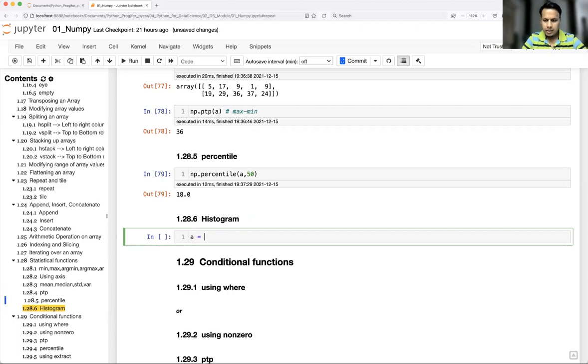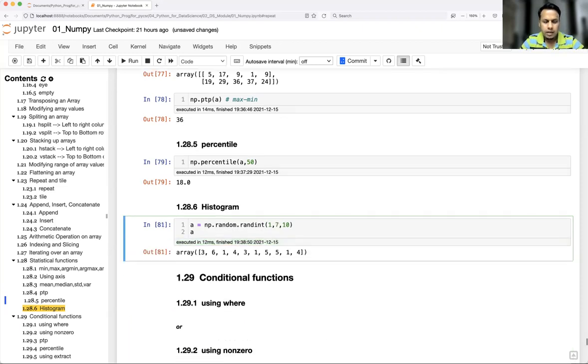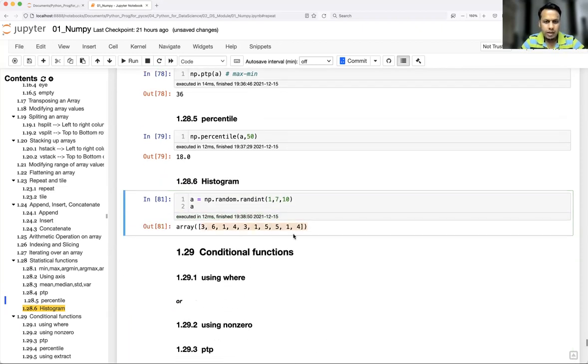So I'm going to use np.random.randint. Let's talk about dice. I have a dice with numbers 1 to 6. I'll take 7 as the upper bound, and I'm going to throw 10 times. Okay, and let's see what we are getting. Random randint. Out of this, I would like to see how many times we got 3. Let's throw a little more. How many times I got 3, how many times I got 1, and so on. Correct. For that, histogram will help you.